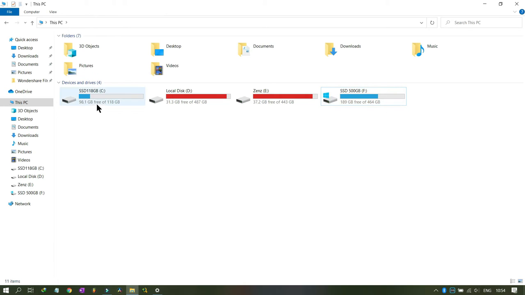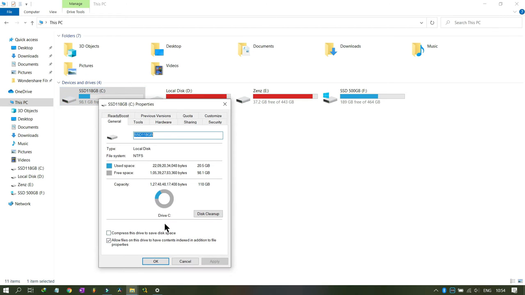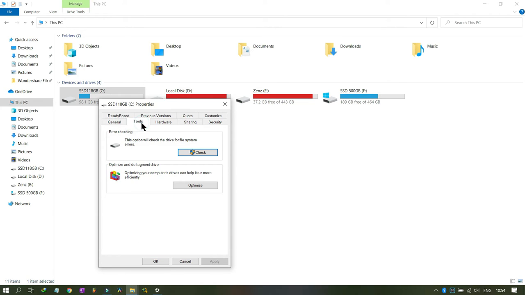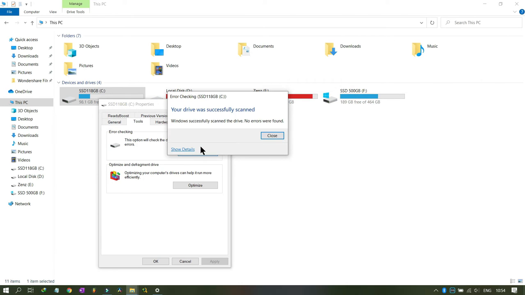Just to save time, I will show you with the smallest drive where the data is less, because that will consume less time. So you highlight this drive, right click on it and go to Properties. Then in Properties, come to Tools, and this is ScanDisk. You press Check file for errors, and it will say scan the drive. Okay, scan. And yes, I had checked it some time back, so there were no errors, and that's why it has done it so fast.